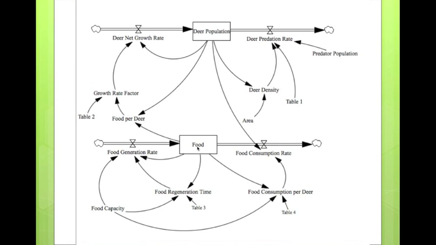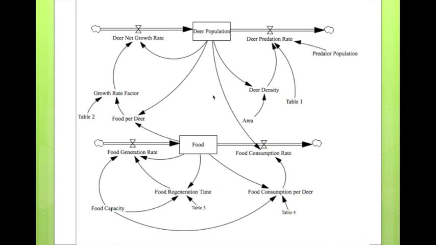The food gets consumed by the deer, so there's a feedback loop there, and food has a natural ability to regenerate, and that food generation actually drives deer growth. So that's another feedback that's there. Okay, so we're going to be looking at